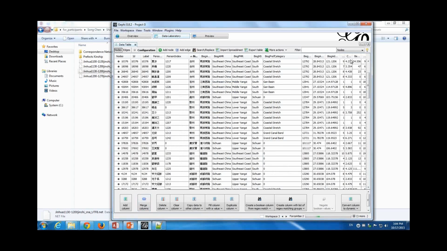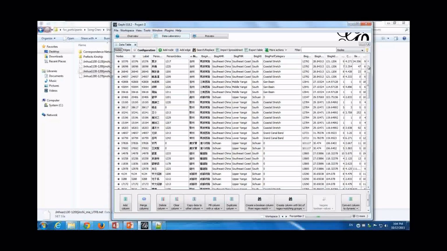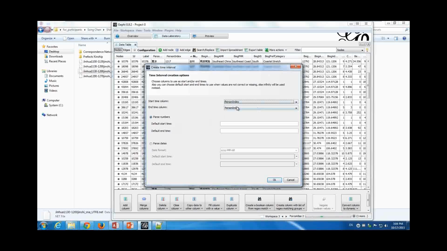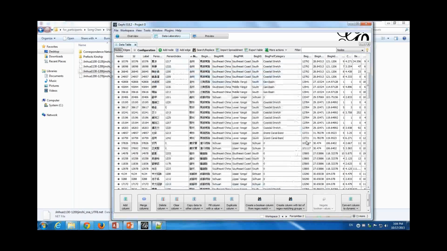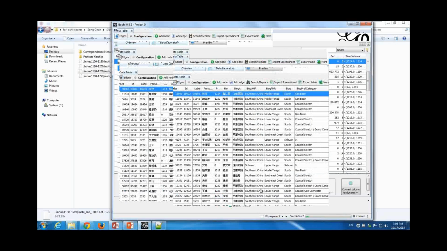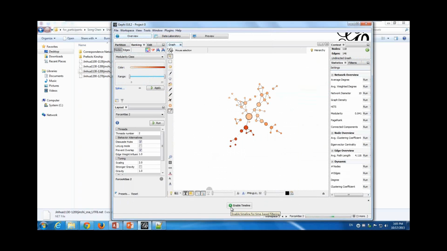Then you will see, towards the right-hand side of your data table, that right now I'm parsing numbers. The start time is the person's index year and the end time is the person's index year. So I click OK. You see towards the right end a new field called time interval, based on the index year of the person. Now if you go back to overview, things are changing: towards the bottom of your screen, you'll see a new thing called enable timeline. This is something you did not see before. You can click on it,